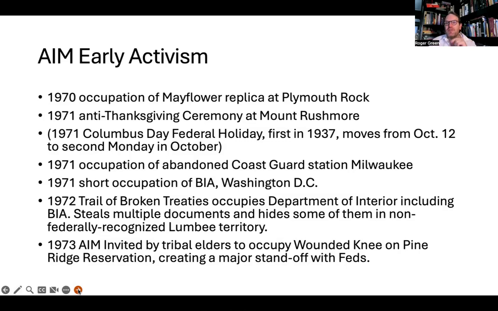Now, some Lumbee groups actually were recognized by Donald Trump earlier this year. But this was a great tactic, I think, by the American Indian Movement, because what it shows, and what I want you to be aware of, is that for Native peoples aligning with other Native peoples, especially during this time, another Native group did not need to be recognized by the federal government in order for Natives to recognize each other.